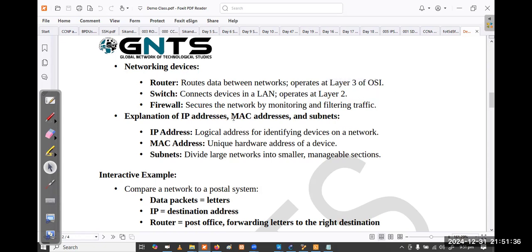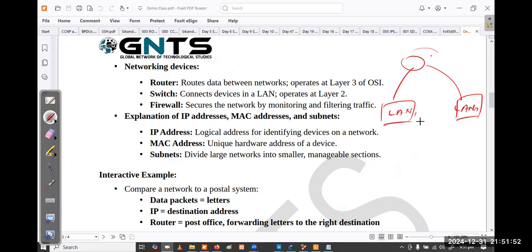What is happening in a router? What is the purpose of using a router? If you have two networks, we have to connect a router to communicate between these two local area networks. Let's say this is local area network 1, this is LAN 2. If you want to communicate between them, then you have to use a router. Otherwise, if you connect straight away with switches, it is just one local area network.